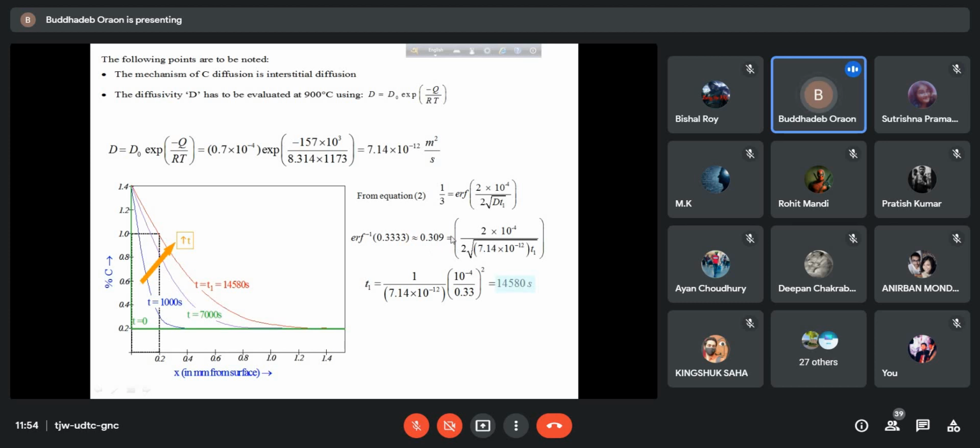So what we are doing is that we are equating that particular value with the quantity that is there within this bracket. Once we are equating this and putting all these values, we are actually getting the value of t. So this is the process. I don't know whether I am clear or not. If I am not clear, then I will explain again. Any question on that?